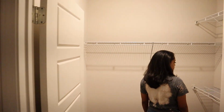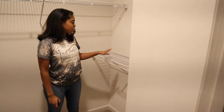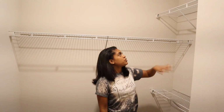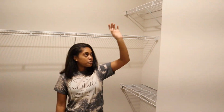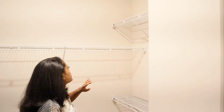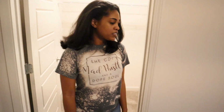So the closet is smaller than the one I left. It's just rearranged differently, because in my old unit, instead of it being split up, it was one long bar across this side, but I guess they had to split it up because the linen closet is right here. But it's still a nice size. I mean, I can work with it. So this is the closet, and then you come this way,